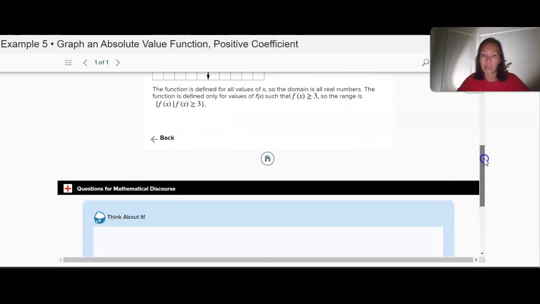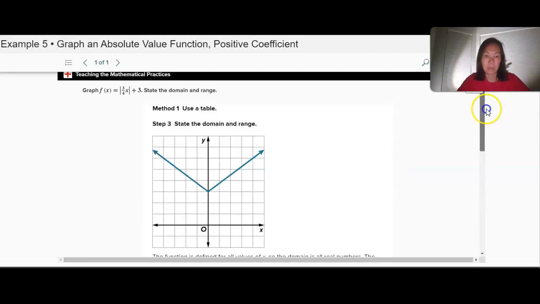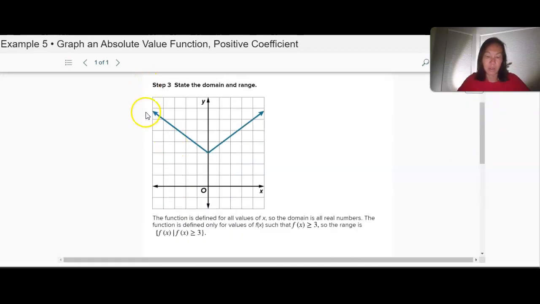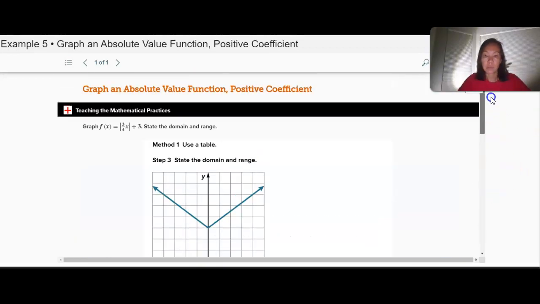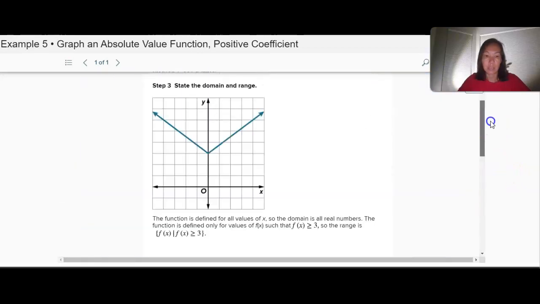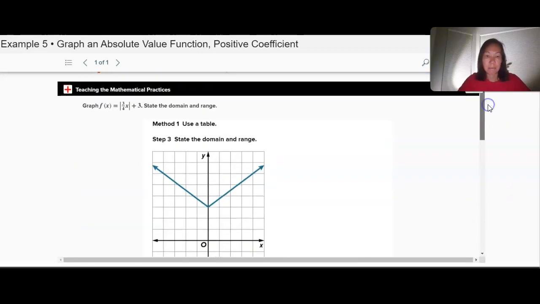But another way to do this, well, first of all, domain and range. So domain is all real numbers, and in this case, we notice that this is the lowest point. So f of x or y is greater than or equal to 3. Where's our other method? Do they show us here? Our other method